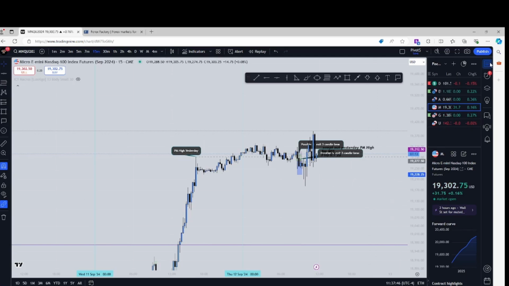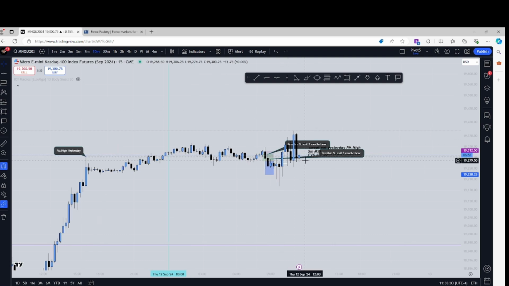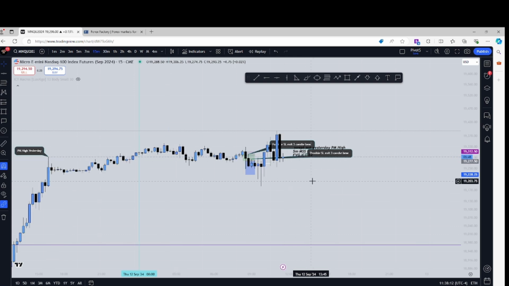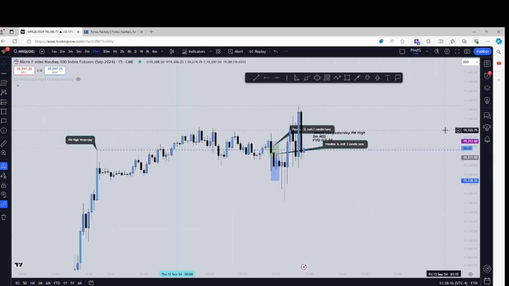All right. It is September the 12th, 2024. This is NASDAQ 100, the futures, September contract, 2024. And I just want to go over, like I said, I was going to start getting into doing little short examples of the strategy. And today we had a good one today. So let me go over and recap here.